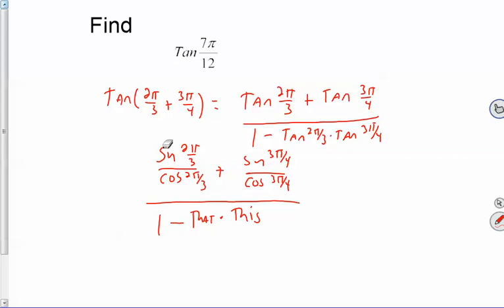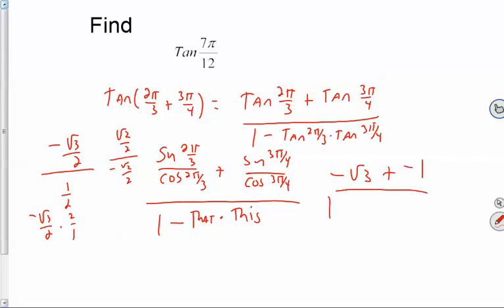So they said the sine of 2 pi over 3 was negative radical 3 over 2. So it's negative radical 3 over 2 divided by the cosine of 2 pi over 3, which is 1 over 2. So what's that? Negative radical 3 over 2 times 2 over 1. So that's negative radical 3. So that's negative radical 3 plus the sine of 3 pi over 4. The sine of 3 pi over 4 is radical 2 over 2 over the cosine of 3 pi over 4, which is negative radical 2 over 2. So that's negative 1. So plus negative 1